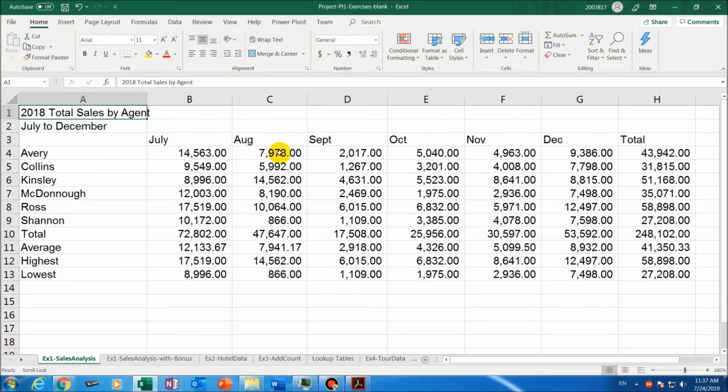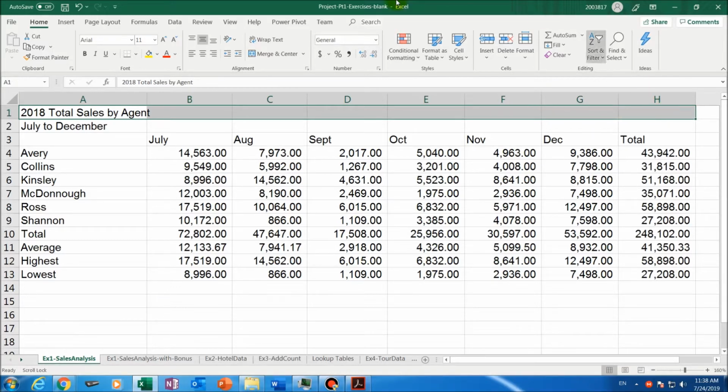Normally, we want the report title to be in a bigger font size, like between 20 to 24 points, and we want to center it, just like what we have in the model answer. So let's work on centering it first. To center it, right now the report title is in cell A1, so we can't really center it because it's just over here. What we do first is select A1 all the way to